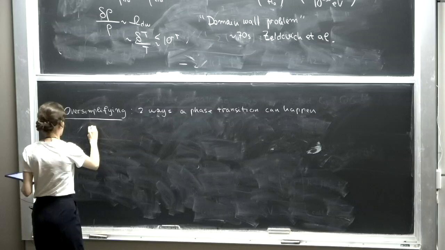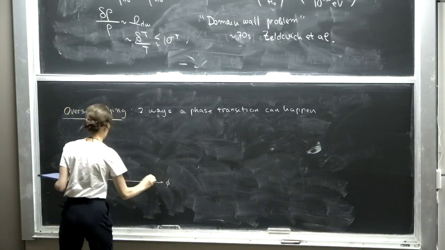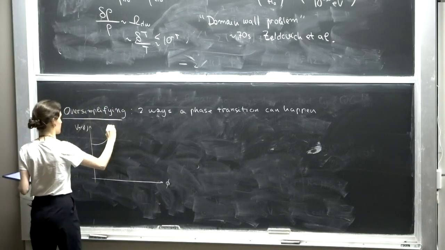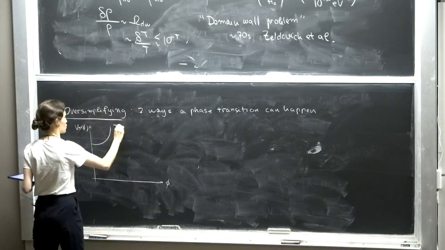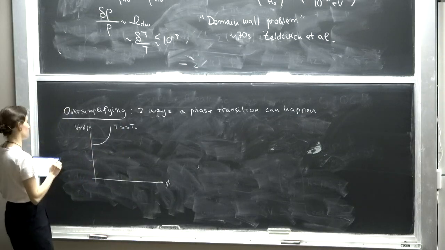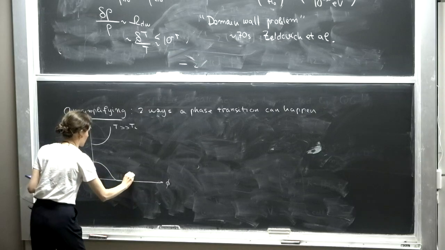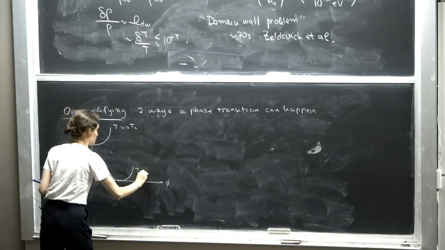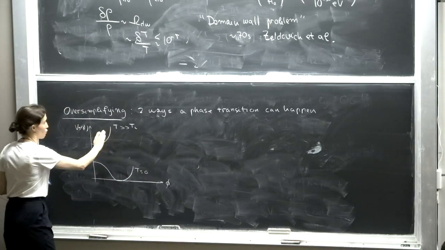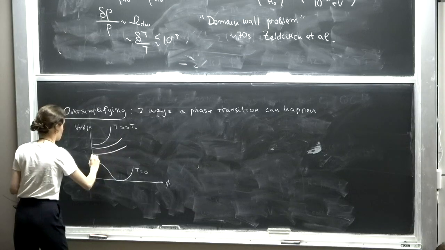Okay, one case is if, say, at some very high temperature, the effective potential looks like this. So this is much bigger than the critical temperature of the transition, however you want to define it. At zero temperature, maybe we have the typical zero temperature potential we've been considering. And if you go from here to here in some smooth way, in which